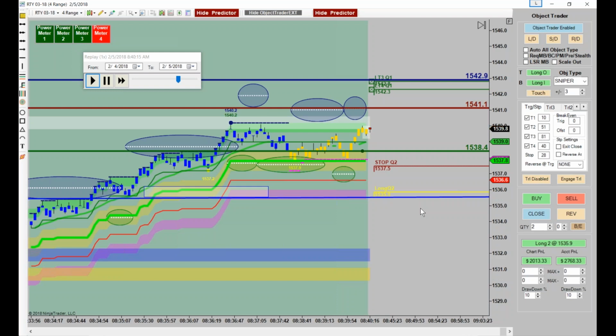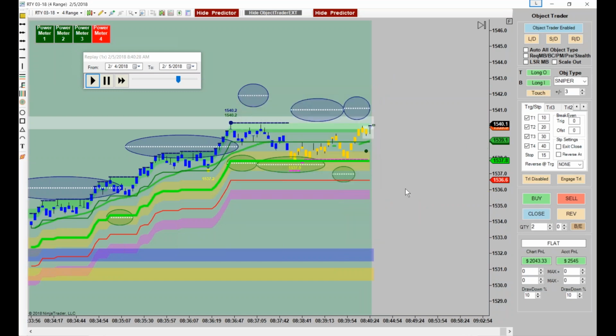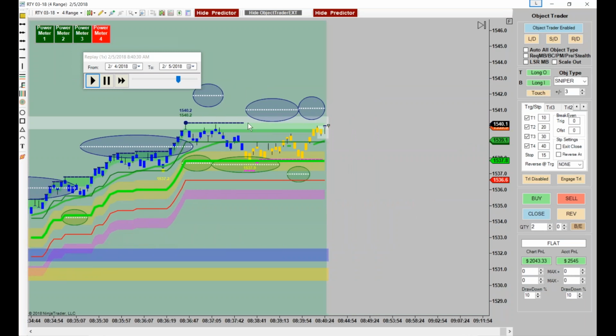But keep in mind, where is our actual breakdown if this does decide to head down instead of up? Anybody? Let's go ahead and kill it for a second. Let's see if we can figure it out. Let's go ahead and get rid of our dots. Okay, so if they break 140.20,